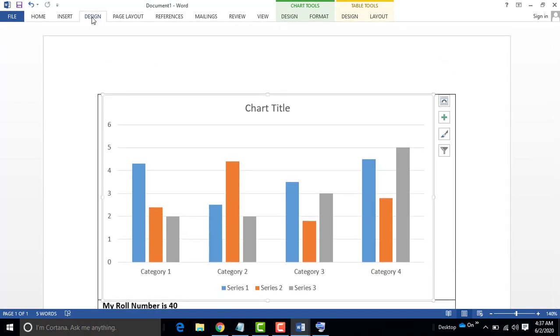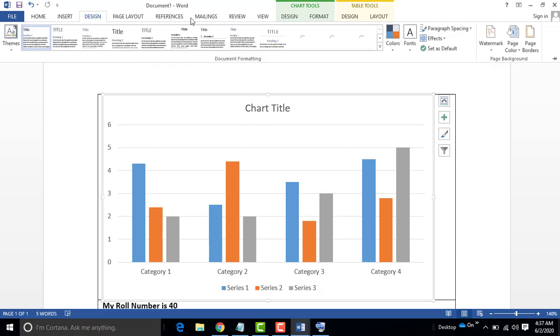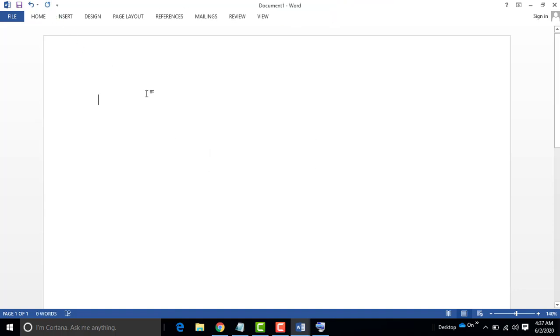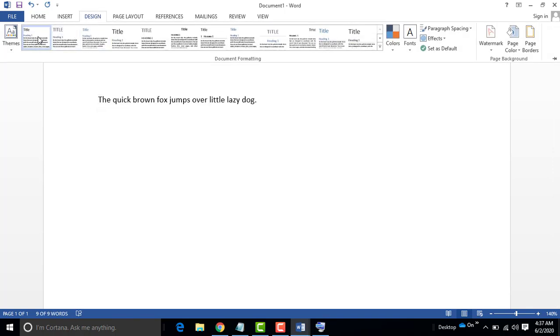And if you design anything, here is all the title. If you type something, I just delete this. Okay, select and delete. Okay, and the quick brown fox jumps over the lazy dog. These are all English characters. So this is selected. And if you want to design something, this is the title type.